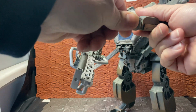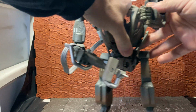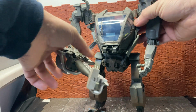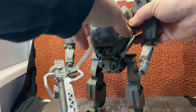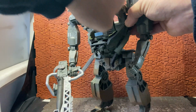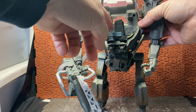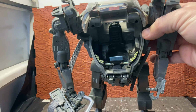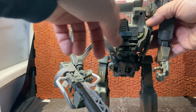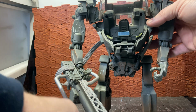You can just see it's on a massive peg and just pegs into place. This thing is full of joints and stuff, but we'll go through that in a minute. We'll just open the cockpit first for the first kind of area that you can see. So the hinge is up here. There's quite a lot of detailing on the inside of it. As they say, it's black light responsive. So if you have a black light and you shine it over, it should kind of give a glow to